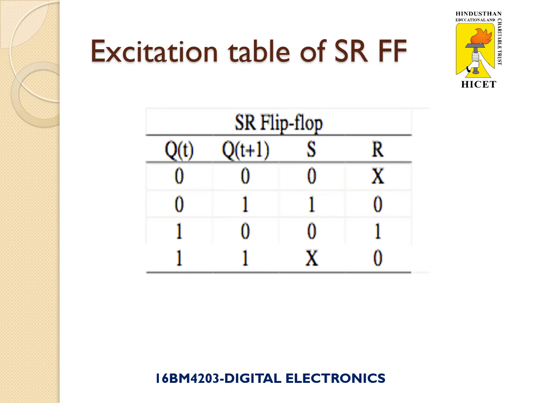Similarly, D flip-flop and T flip-flop. D flip-flop, input 0, output 0. Input 1, output 1. This is the information. Next, T flip-flop, input 0, output no change, input 1, output toggle. So this is the general truth table information. By using the general truth table, you can develop the expanded table. From the expanded table, you can develop the excitation table of all four flip-flops. This excitation table is very much required for designing synchronous sequential circuits in digital electronics.